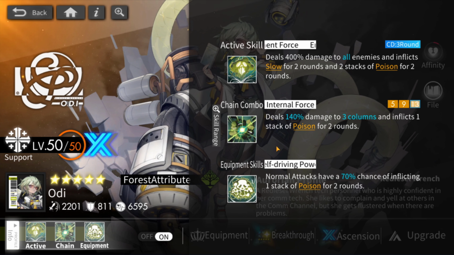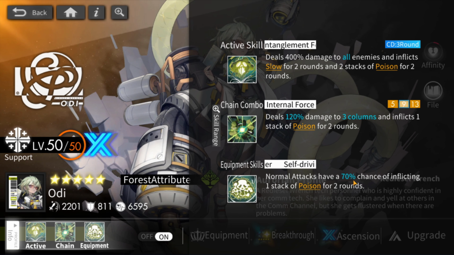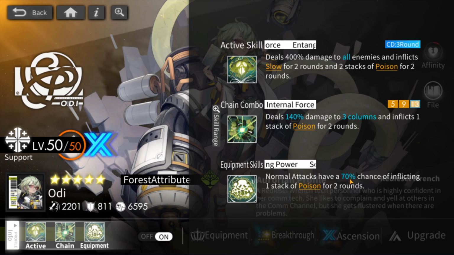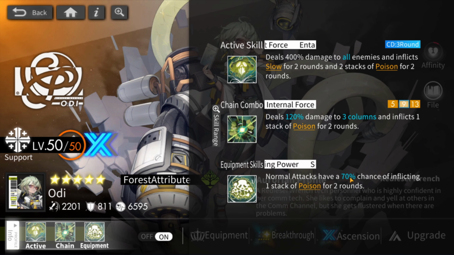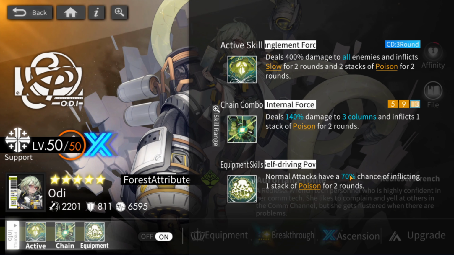The reason why also that I didn't think it was good was because this starts off at 20%. I have her equipment at max, that's why you see 70%, but it starts off at 20%, and when I saw that, I was not impressed. I didn't think it goes all the way to 70%. I thought maybe 40%, maybe 50%, but the fact that it goes all the way to a 70% chance to